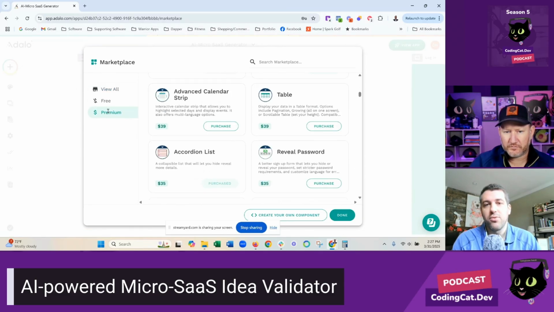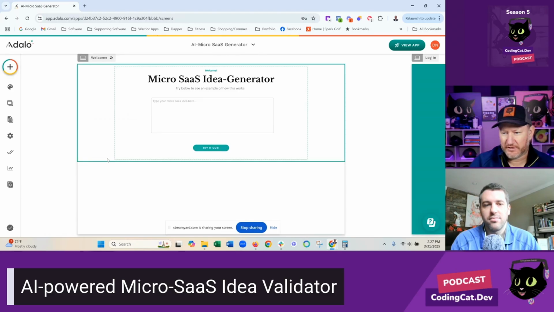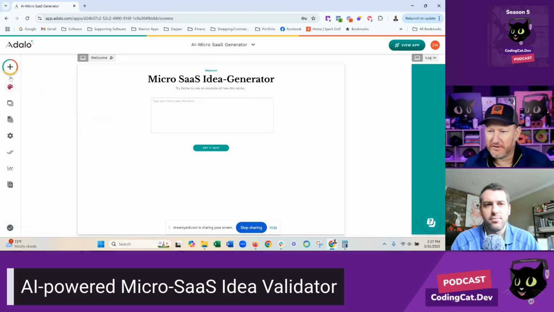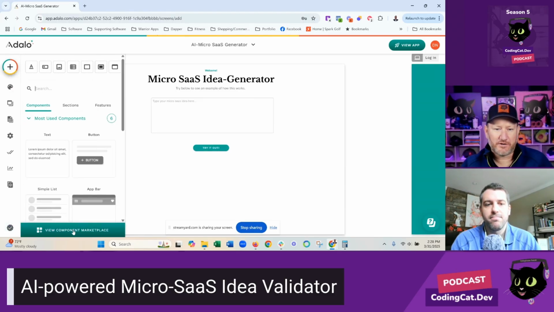And then there are even premium ones that people will resell. Like I've bought accordion lists and Tinder-esque swiping components and different things like that. These are community driven, so you can either give it away for $0 or actually make money off it.